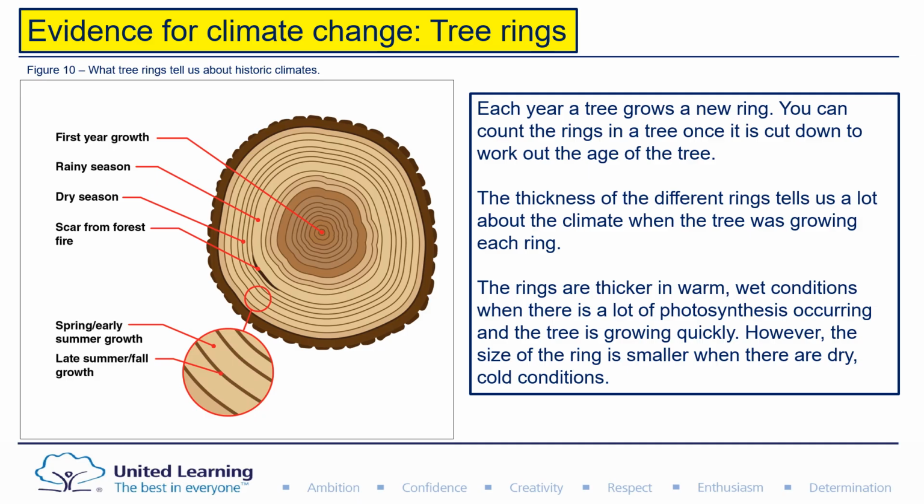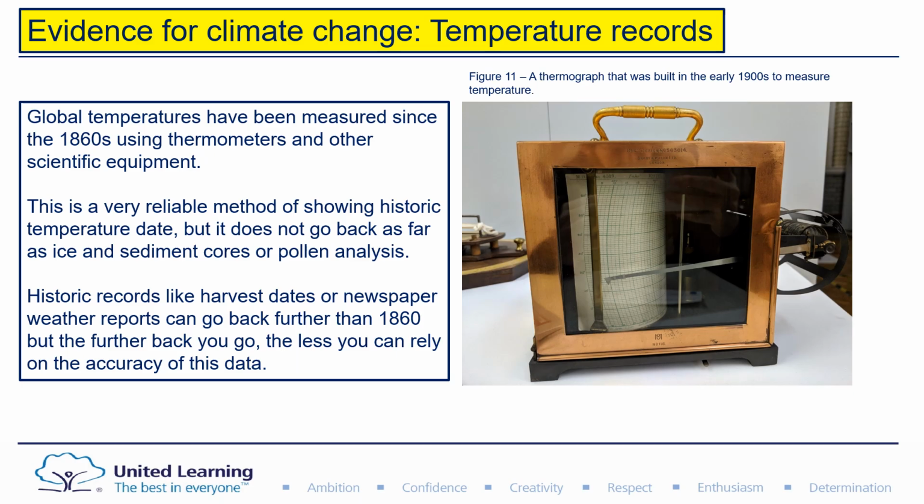However, when the tree ring is thinner, this would assume that the tree didn't grow as much in that year, so therefore the global temperatures would have been cooler and drier. And the last piece of evidence has come in due to scientific discoveries in the late 1860s, and this is temperature records. So since 1860, scientists have developed